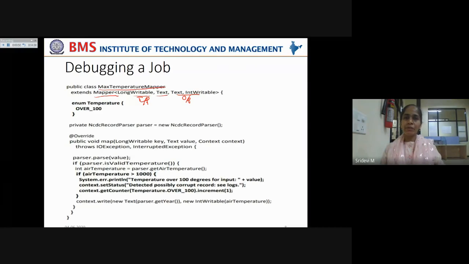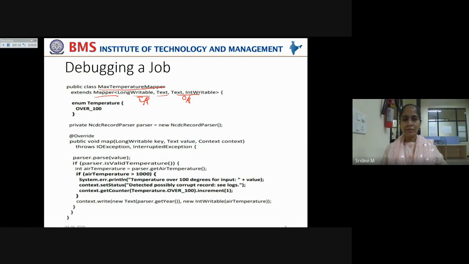This output will give again in the form of Text the year and IntWritable list of temperatures recorded in that particular year across the globe. Further that is given to the reduce phase, and that finds out the maximum temperature in that particular year. So we are actually trying to debug the job at the map level itself, not going to the reduce level.